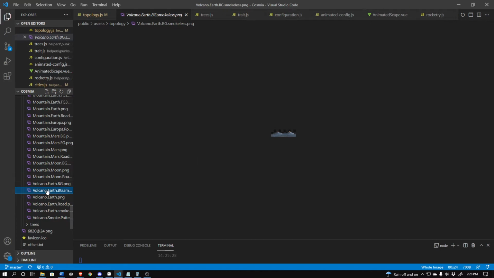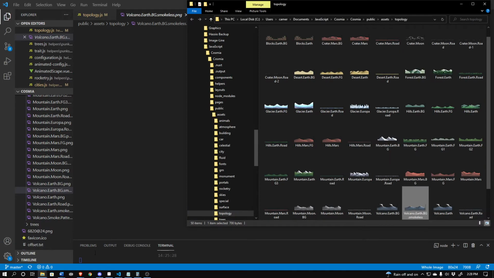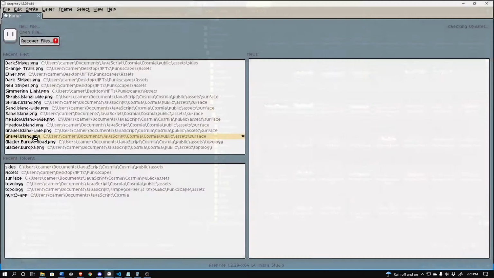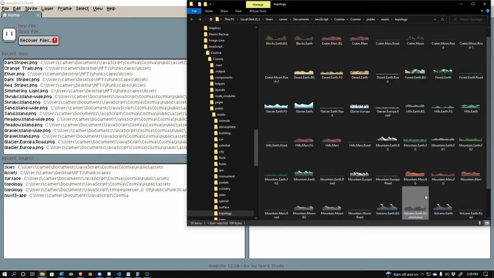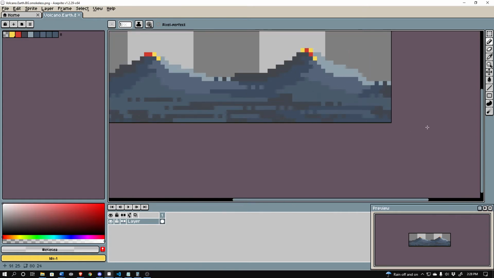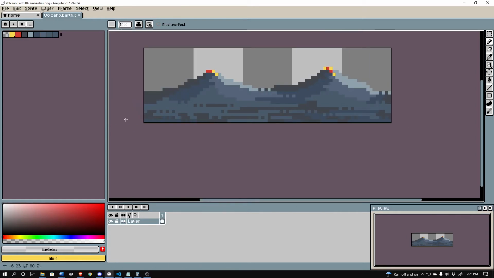This is the file. Show me it. I use Aseprite quite a bit for pixel editing. I just like it. Here are our volcanoes, and this file is